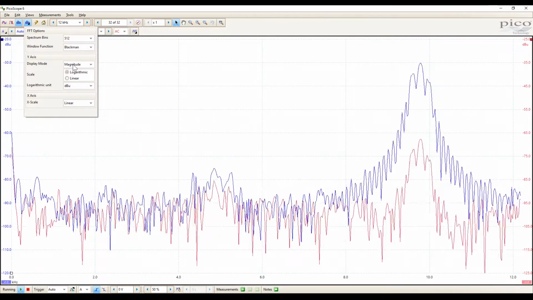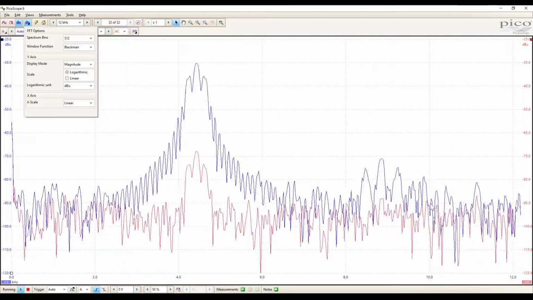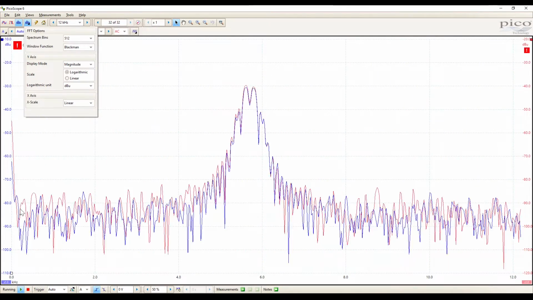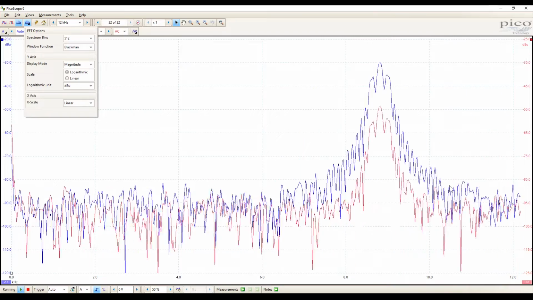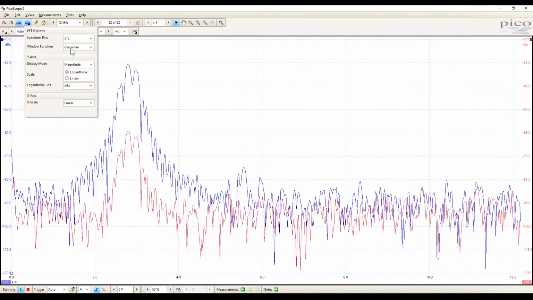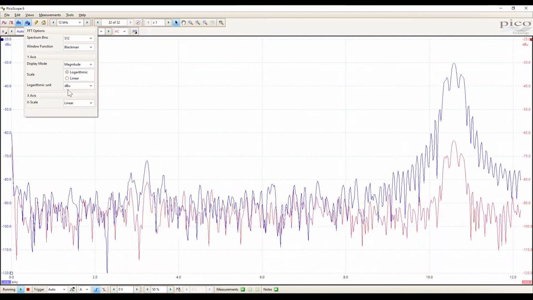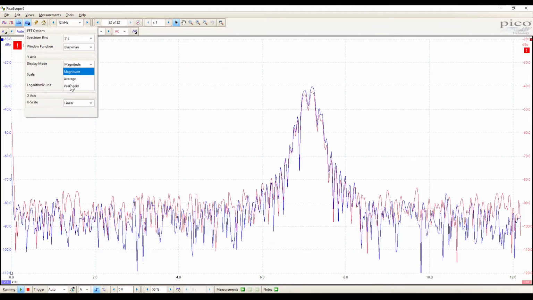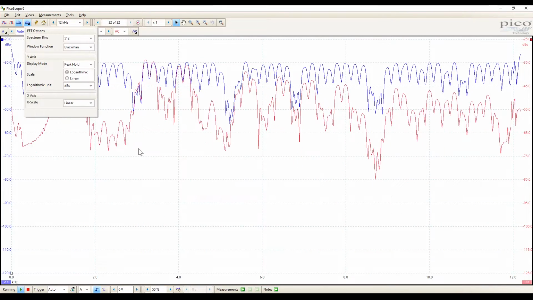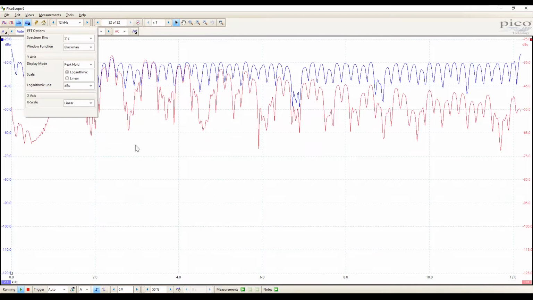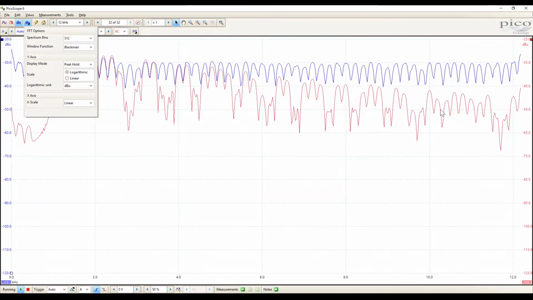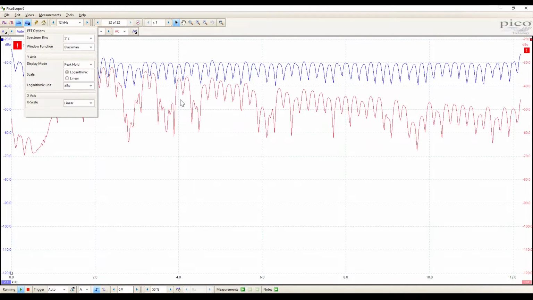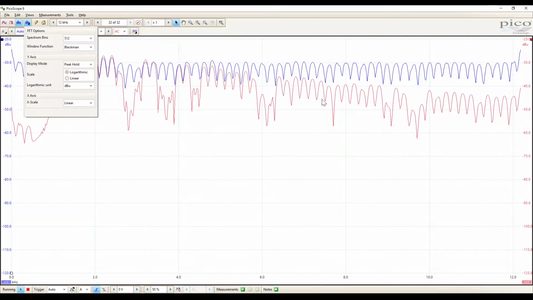And what we're also going to do, because you can see the sweep is going up and down, you can see that sweep taking place from roughly 1K up to 10K and back. We're going to change this to, where is it? Sorry, rather than the magnitude, which is just the measurement at any given point, I'm going to change this to peak hold. And what it's going to do is start to work out the peak average and retain that average over time. So over time, it's going to build up more data and hopefully start to put together a clearer